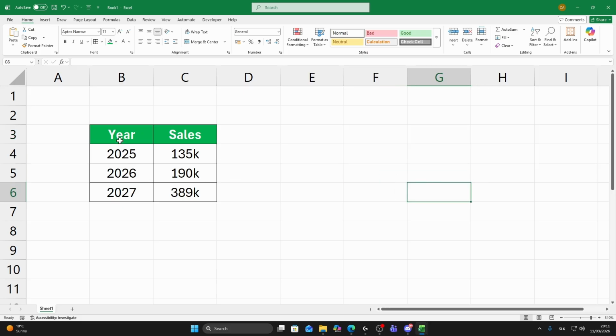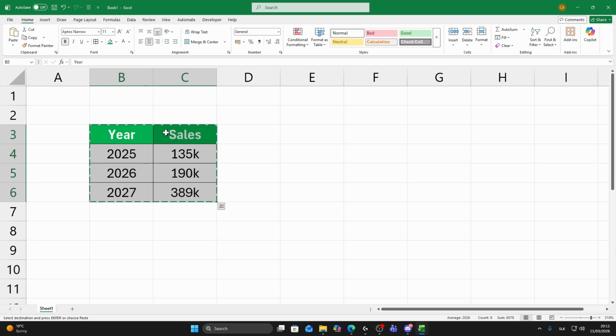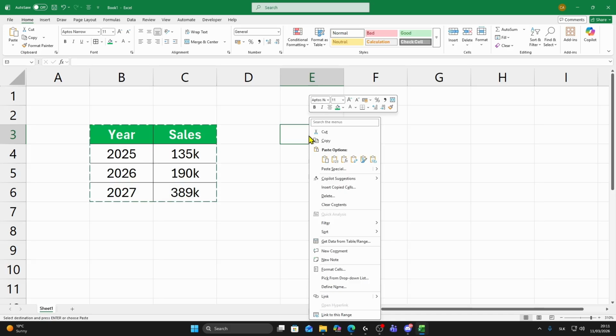So I'm going to select it, right click, then copy. Or you can also use the Ctrl+C shortcut on the keyboard. And then I'm going to select the cell where I want to paste it. And if we right click,